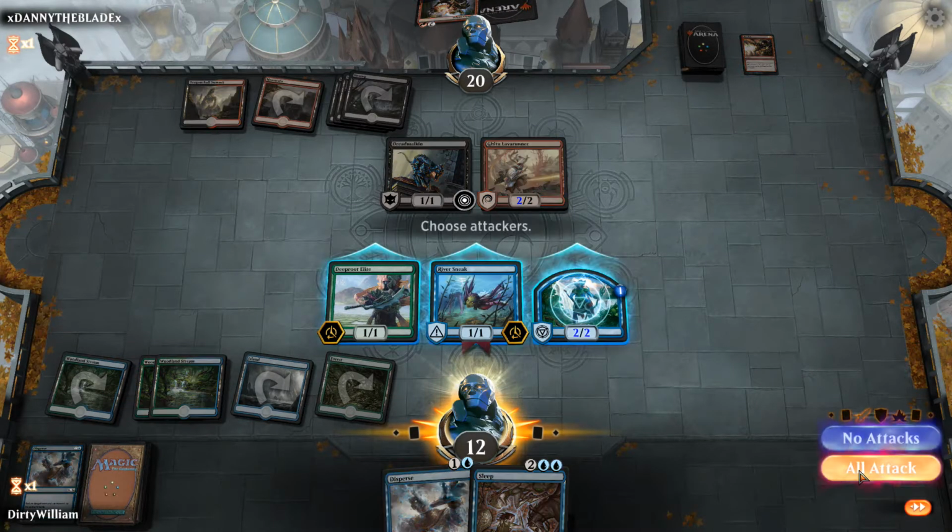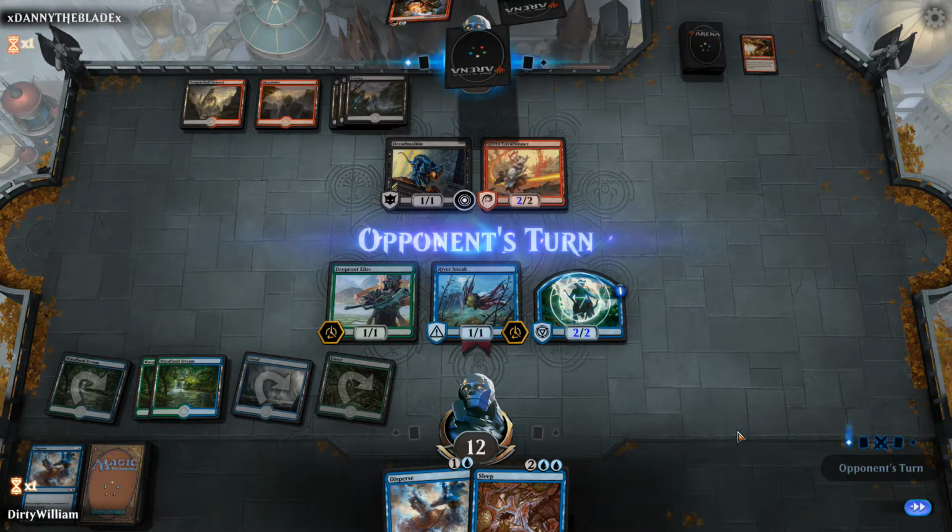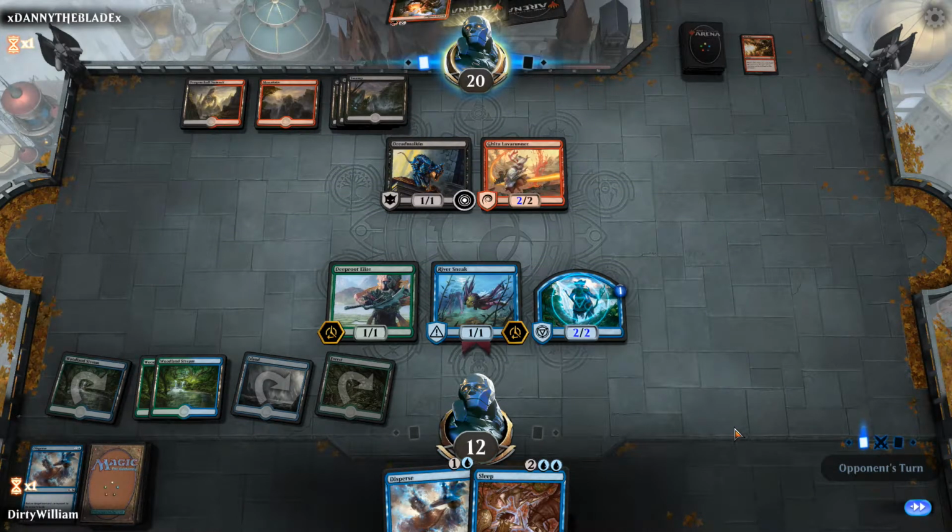And we have another Disperse in my hand, but I'm just going to sit on it. I could have attacked with my unblockable 1/1 too. That's probably what I need to start doing because I'm already at 12 and he's at 20. Denny the Blade. X Denny the Blade X. I still have Disperse mana available too, so